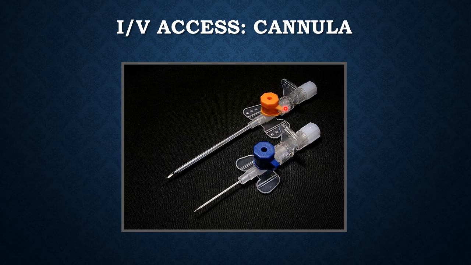IV access cannula. Usually you will find questions on this in your exams. This is the Teflon IV cannula, which is flexible. This is held stiff by this stainless steel needle inside this sheath of Teflon. Here you have a valve opening where there is a needleless connector. Without a needle, you can connect a syringe here and give an injection to the patient. This is the primary opening. You can either put in a stopper here or you can start an IV line here.